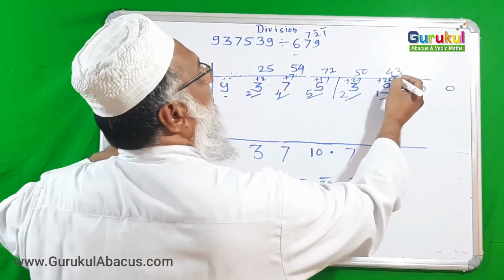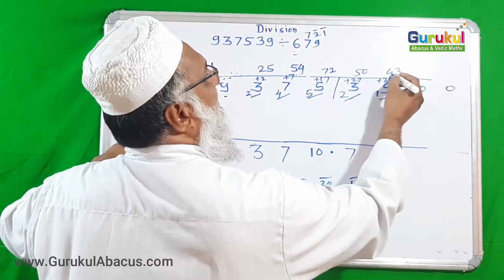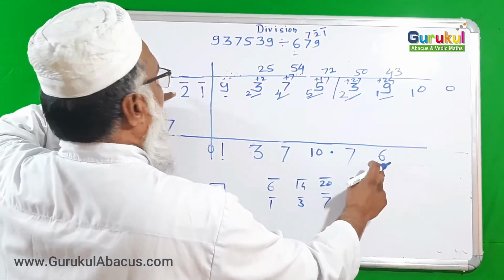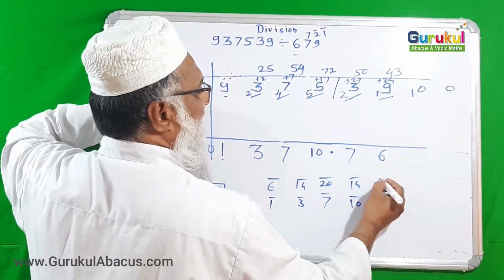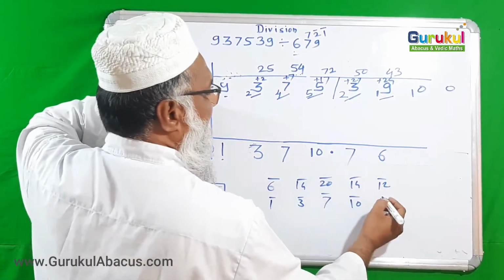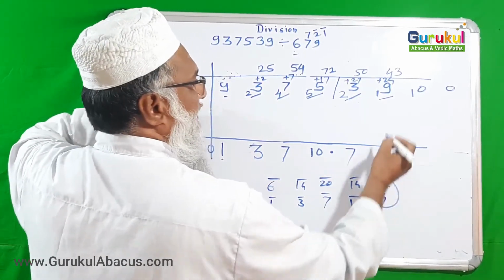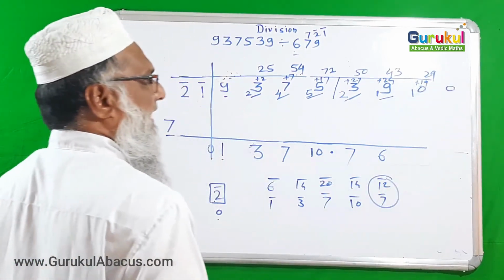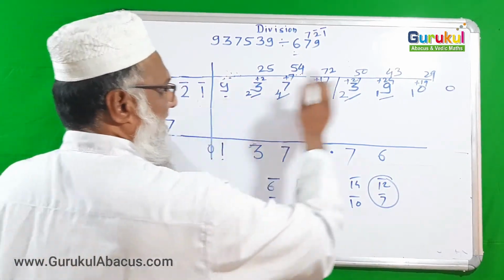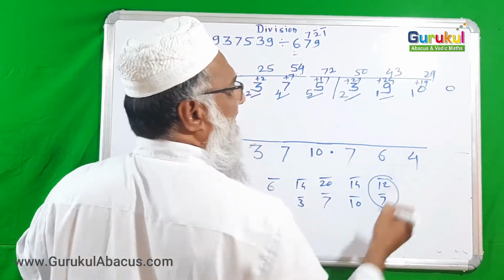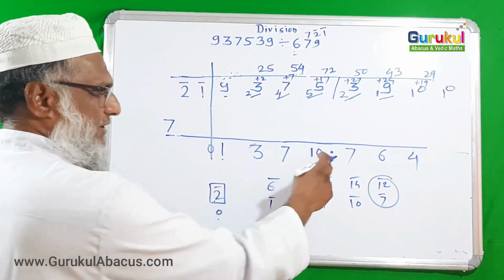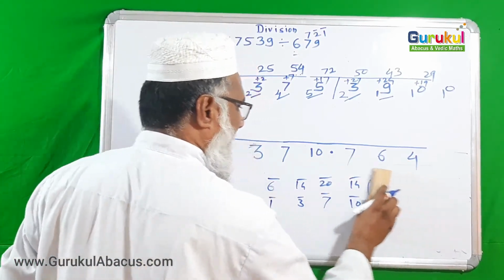Now 7 is here, so 7 times 6 I can do, 7 times 6 is 42, 1 is remaining, 43 minus 42 that I am adding here, and now 7 times 2 is negative 12 and 7 times 1 is negative 7, together 19 should add here. Why I am adding that, you know, so it is becoming 29, and so now 7 times 4 is suitable, 7 times 4 is 28, 1 is remaining, I am keeping here, but I am stopping here because up to 3 digits I have found the answer.